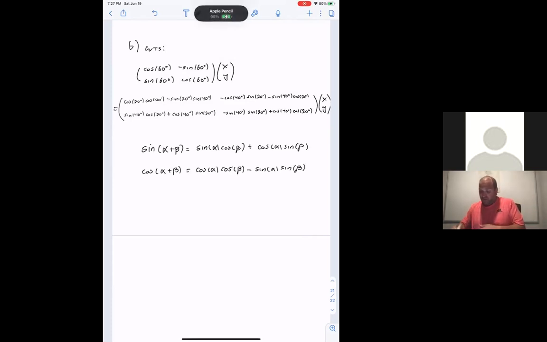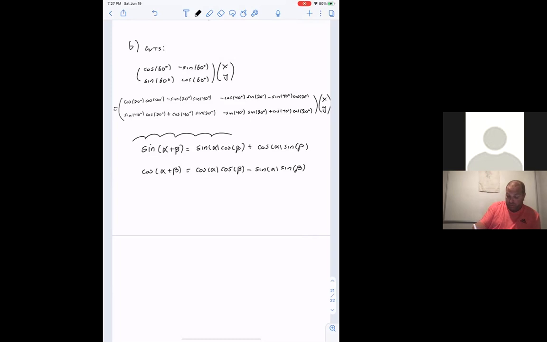Let's take a look if these are on your formula sheets anywhere. You might not need to know these. I don't remember offhand whether or not you need any of your trigonometric identities, like a double angle formula, but this was possibly cordoned off. Yeah, it looks like you don't need to know this one, at least not by heart. But these are two formulas in trigonometry that connect